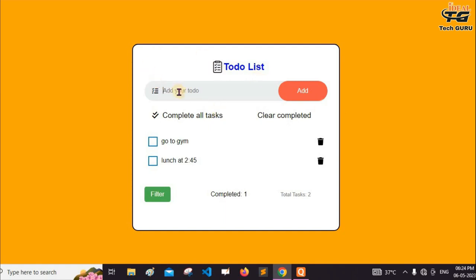You can type your task in this input box and click on the add button, so this task will be added. There are some basic operations like complete all tasks and clear completed, and these are the filters applied on this to-do list: all, uncompleted and completed. There are two more options which are used: completed and total tasks. So overall, I believe that this to-do list application will be helpful to anyone who needs to keep track of their